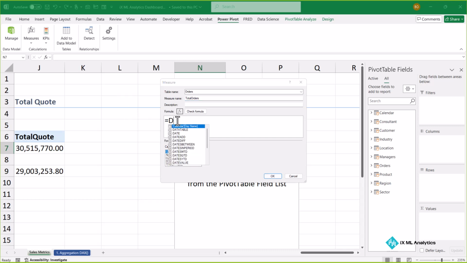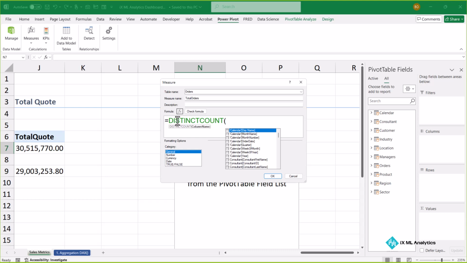Okay, so equals DISTINCTCOUNT, because we want the unique. Some of the order IDs might be repeated. Okay, so we want to see how many unique orders did you receive, and this one we can even slice by year, by month, by product category. Several insights can be gleaned from this. Okay, the name of the column is order ID. So equals DISTINCTCOUNT order ID, and I'm going for naked column. Okay, check formula,